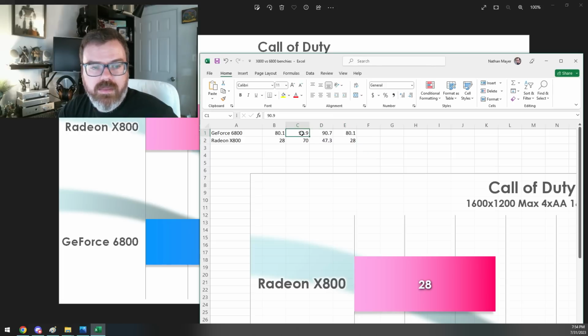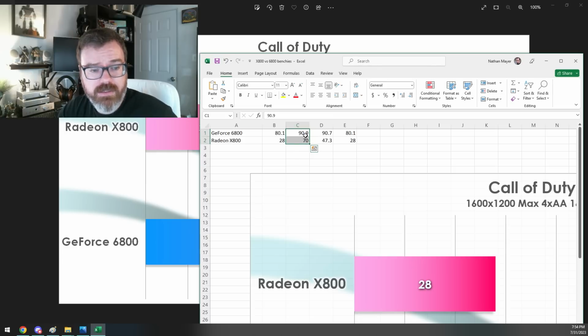And these are running at 1024 by 768, which is a pretty low resolution, honestly. And for an id Tech 3 game from 2003, should be nothing. And it is 70 frames per second for the X800,